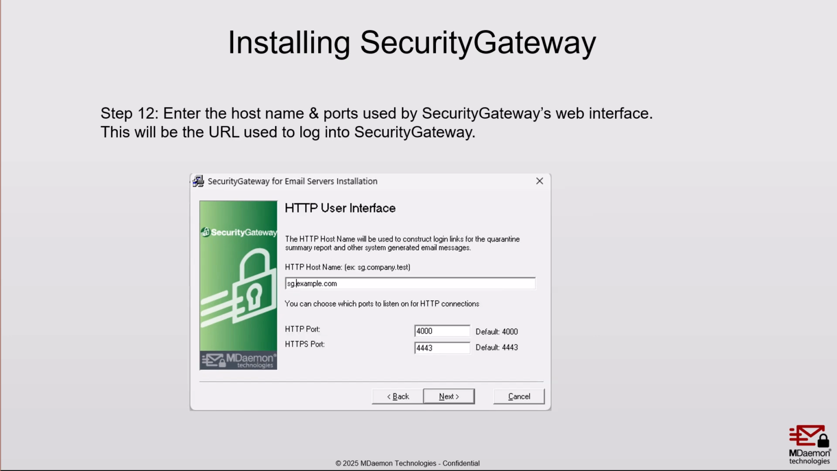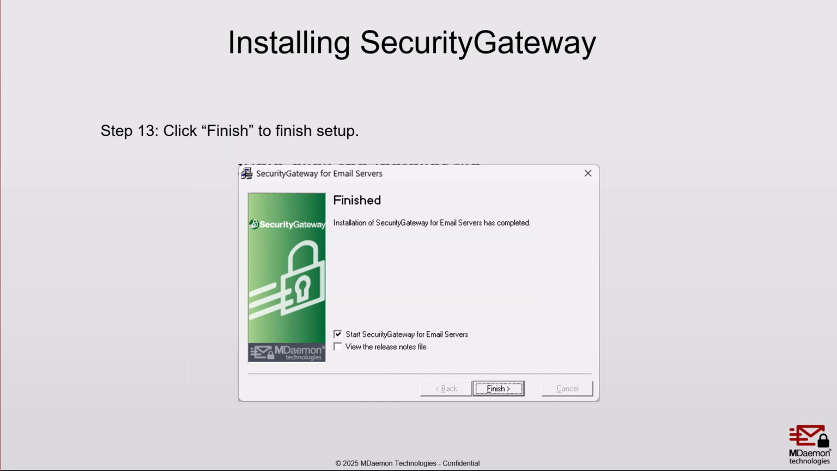And then we enter the host name and the ports that are used by Security Gateway's web interface. This is going to be the URL that you use to log into Security Gateway. So in this example, I have sg.example.com. And as you can see, the default ports are 4000 and 4443. So again, that's going to be the URL that you use to log into the Security Gateway interface. And then if you leave the box checked to start Security Gateway, you can then hit Finish to begin using